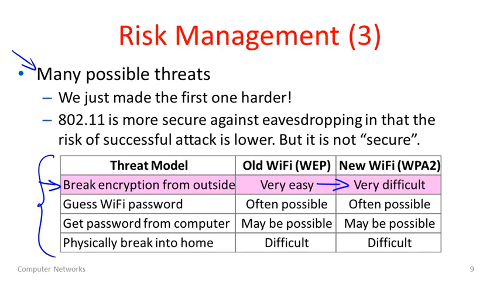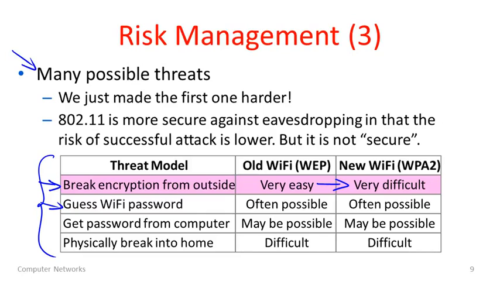However, there are many other ways that someone might successfully be able to eavesdrop on your messages. They might be able to guess your Wi-Fi password. This is often possible. It shouldn't be if you've chosen a good password for your wireless network. But there are many networks out there that might still be running with the default network name. You know, many networks you can see already have Linksys or something as a name. So often what was shipped with the system hasn't been changed.